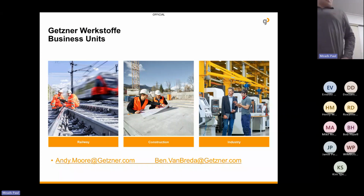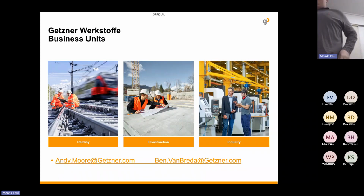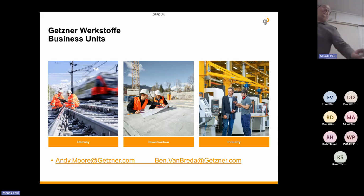How long have we had concrete sleepers? 60s. So it's been taking a long time, but this is really ballast attrition and the natural sleeper